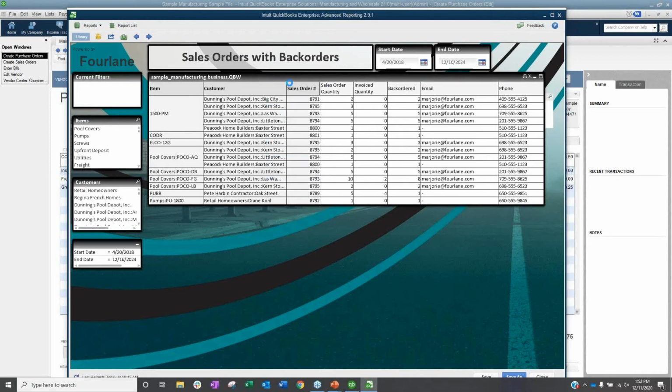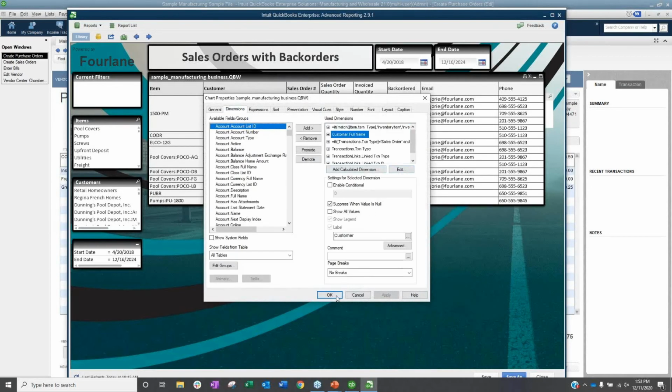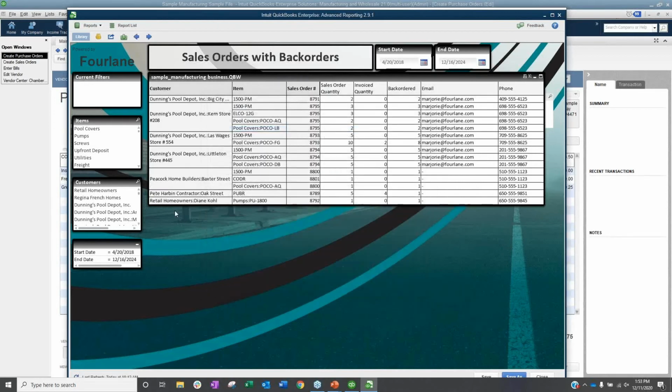So we would just make that flip, to make customer name the total by. Then they would pop this into Excel, and they actually did it as a mail merge so they could mass email their customers to tell them what is on back order on their account currently, just to keep them informed.